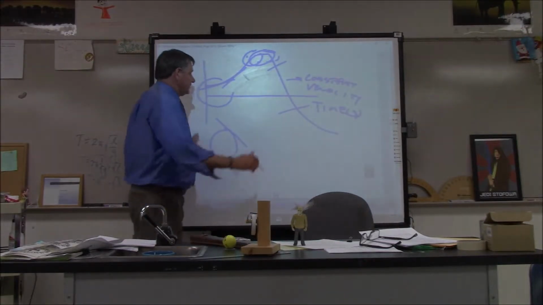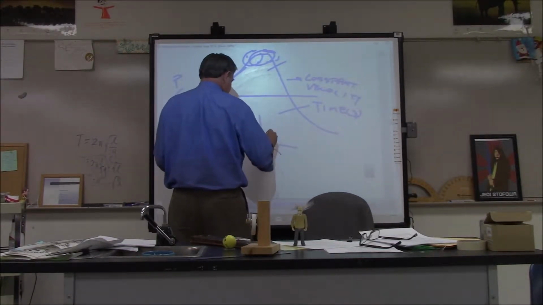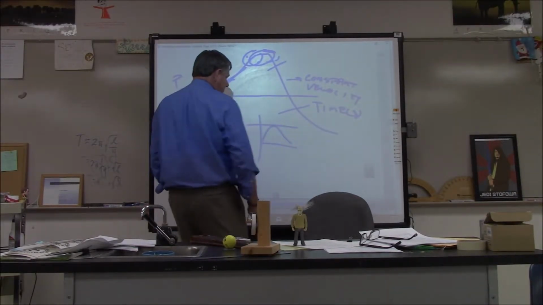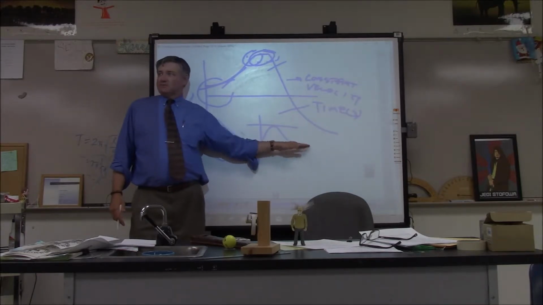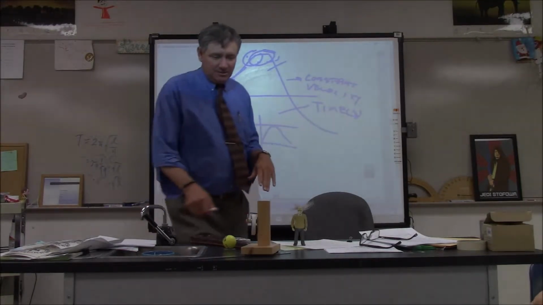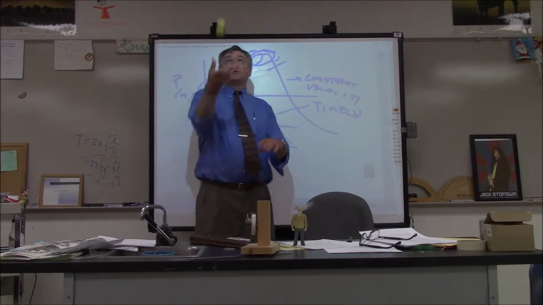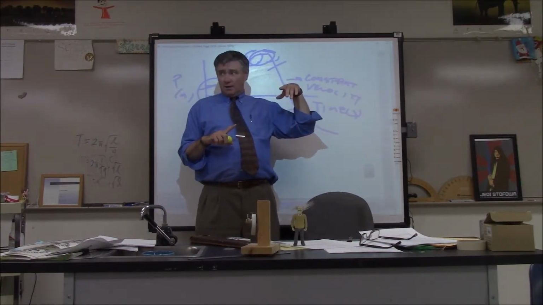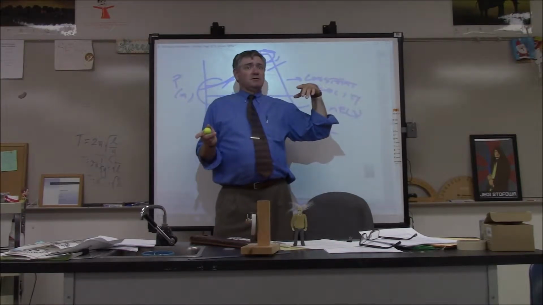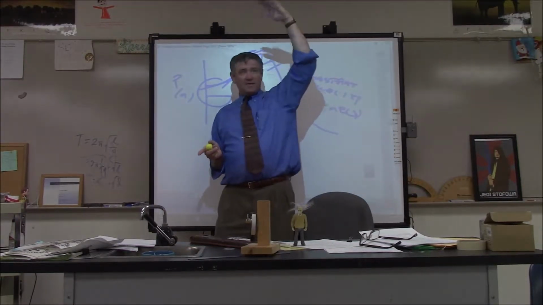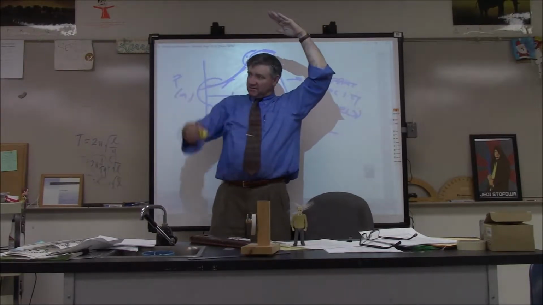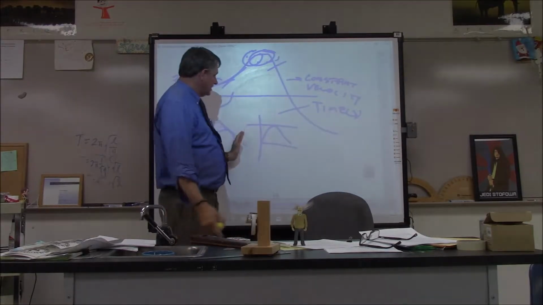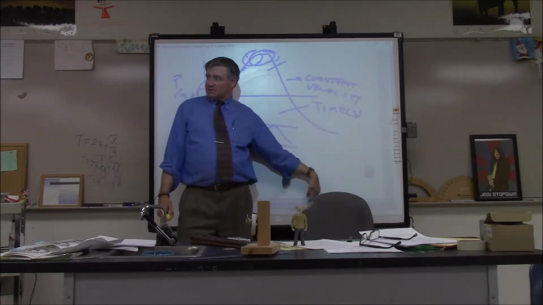Now, if this had been a line like this, where it was more like a peak, then you can get into tangent lines, and that velocity goes to 0 when you change direction. So I take Gary the golf ball, and I throw Gary the golf ball up in the air. Does Gary the golf ball change directions? Yes. So when do you think the velocity goes to 0? When it's at that highest point. That's when the velocity goes to 0, because you're going from a positive velocity to a negative velocity. So that's what's going to happen on a position time graph.